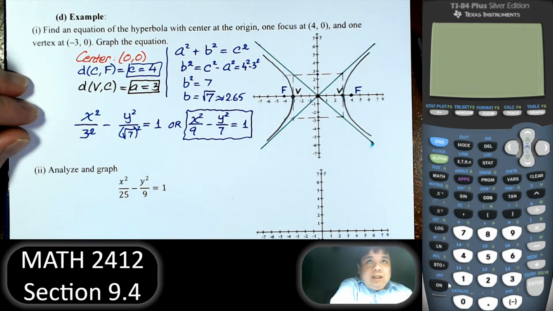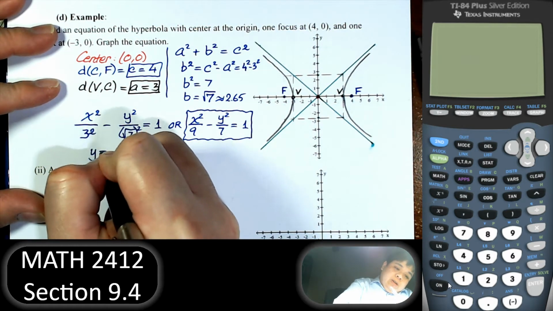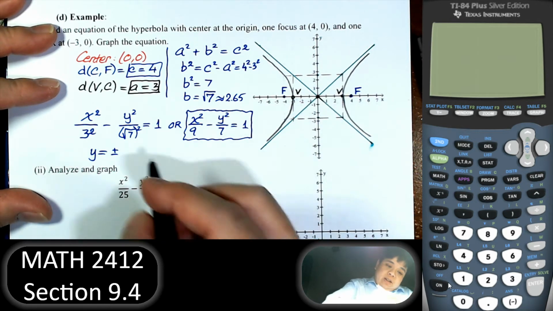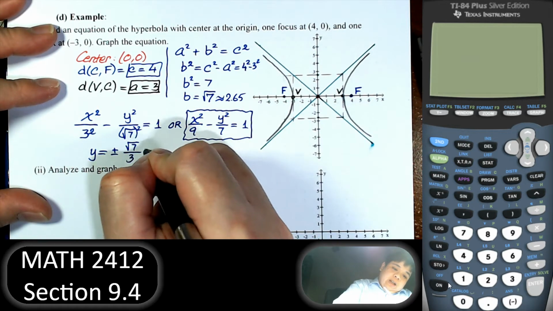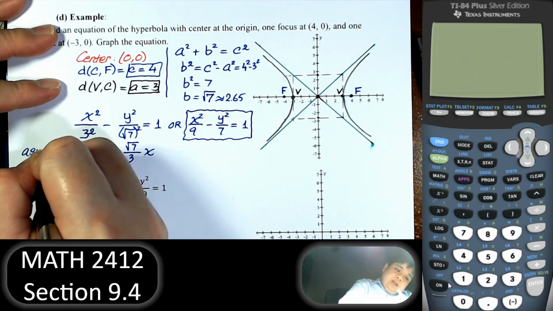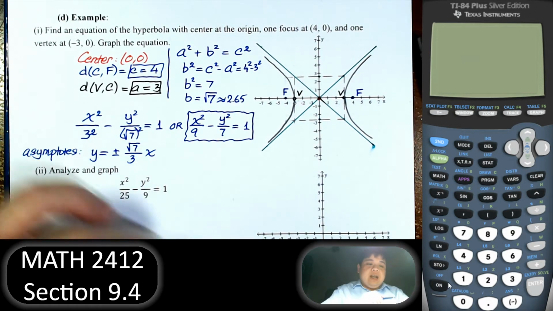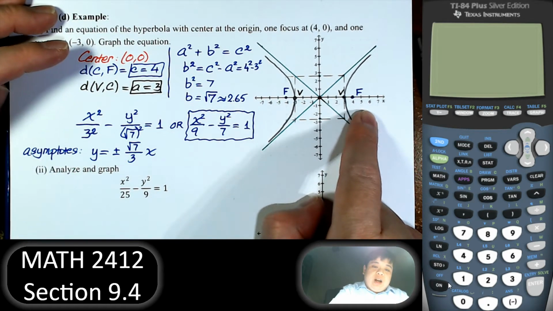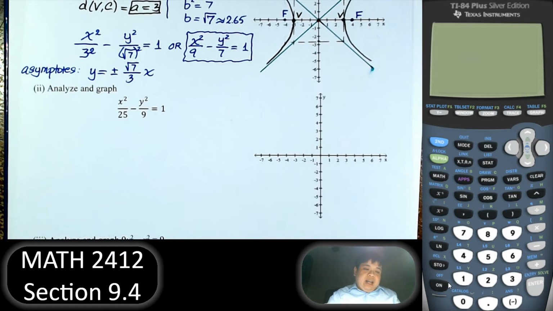Right. Now if we want the equation of asymptotes, it's going to be y equal to plus or minus square root of 7, rise over run, over 3, x. So this is the asymptote equation. All right. Of course, we can write the coordinates of the foci, the vertices, and the center, but that's what we have. Next,